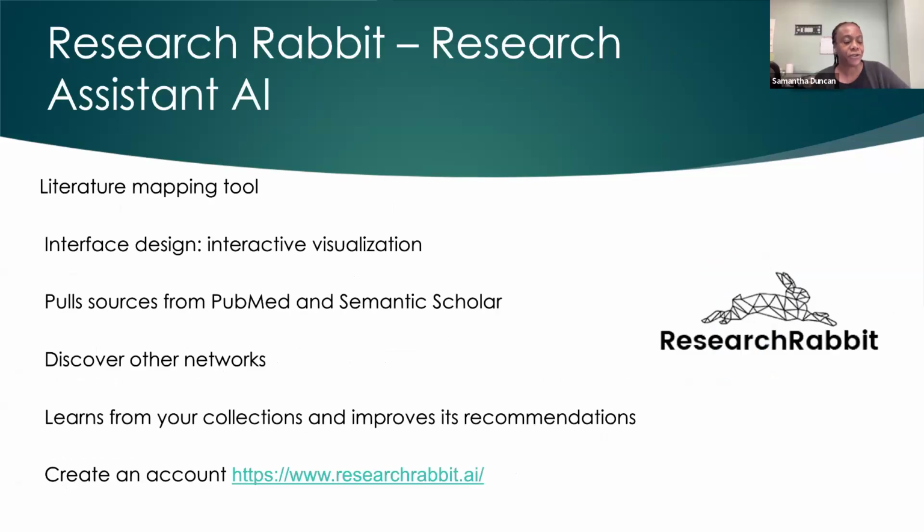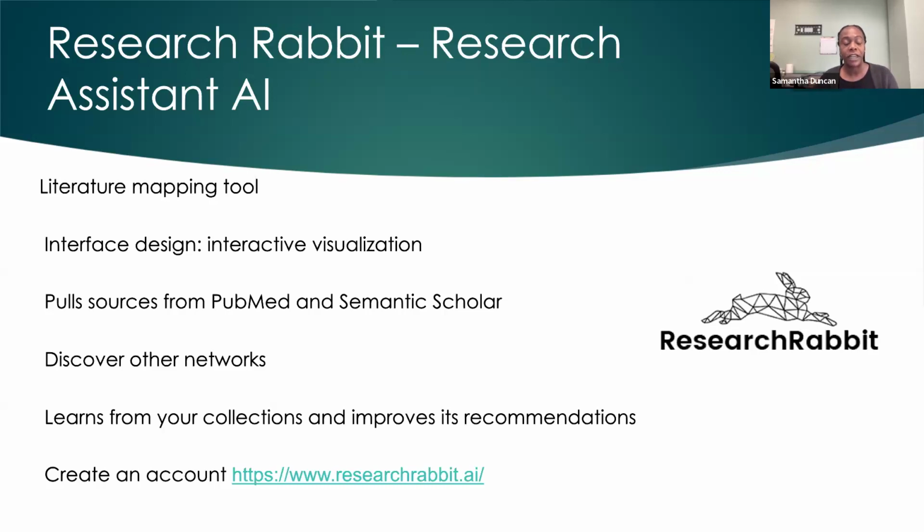So the next one is Research Rabbit. This is a literature mapping tool with interactive visualizations. It is pulling from PubMed and Semantic Scholar. When you begin adding papers, you'll begin to discover other networks, and Research Rabbit learns from your collection and improves